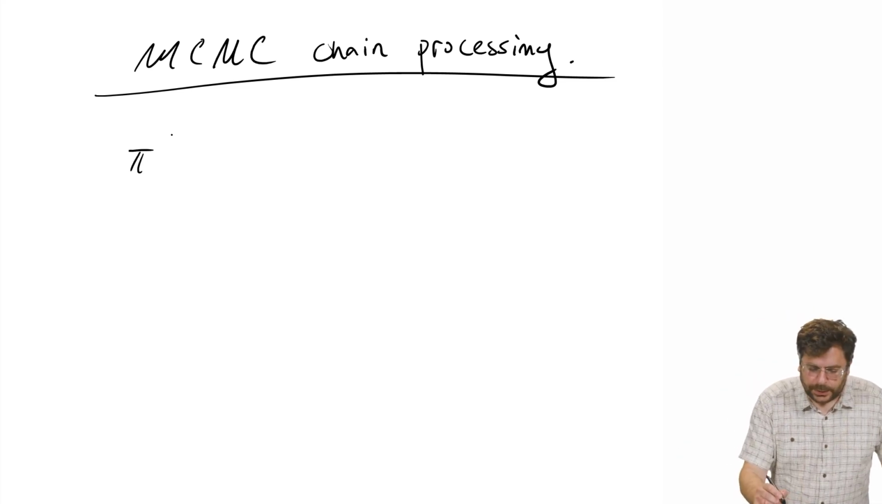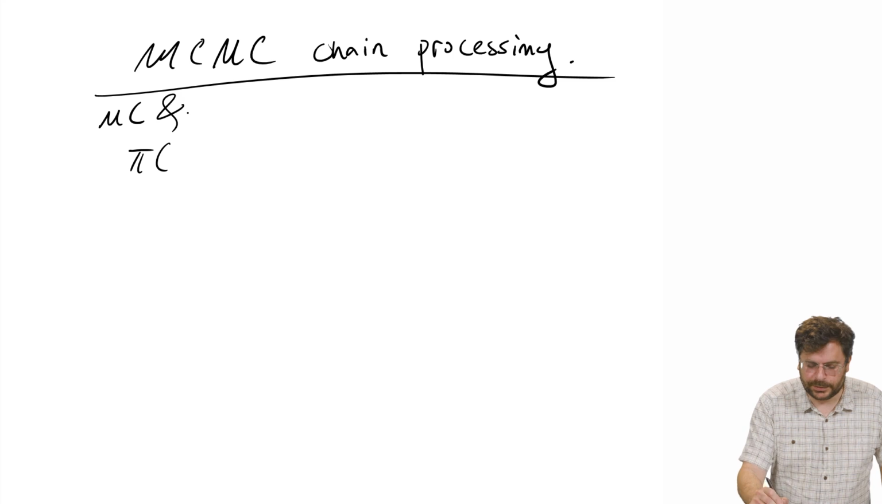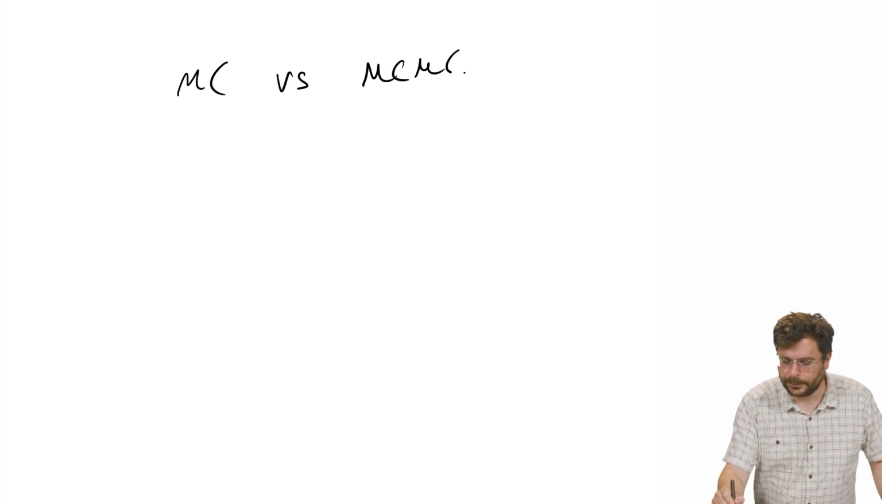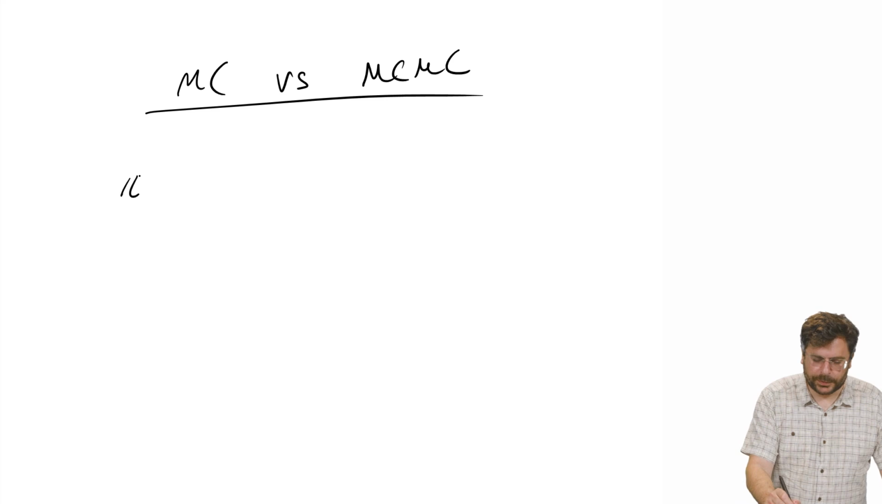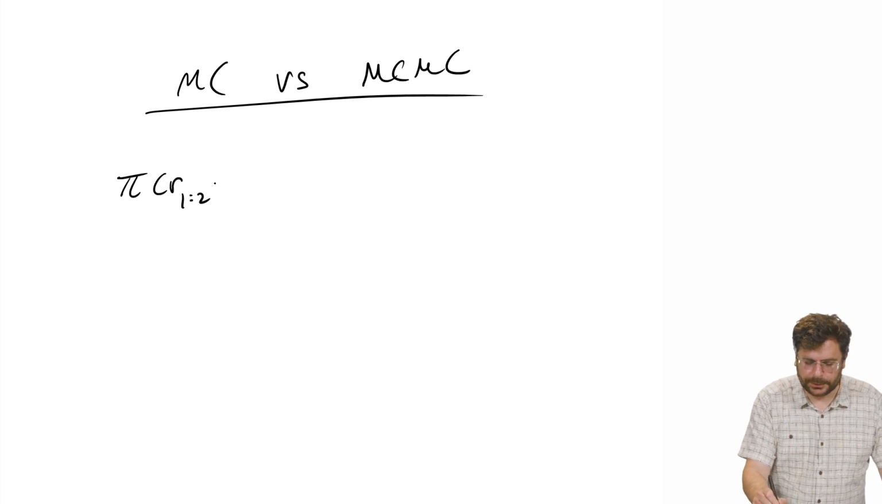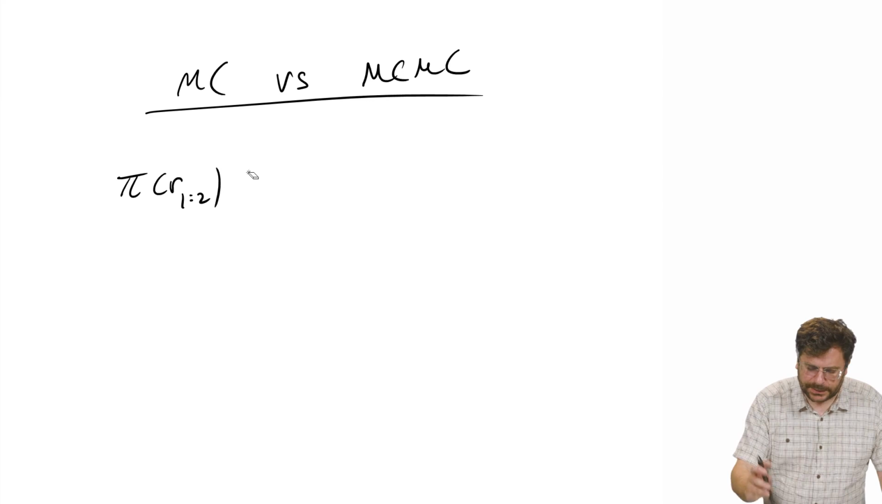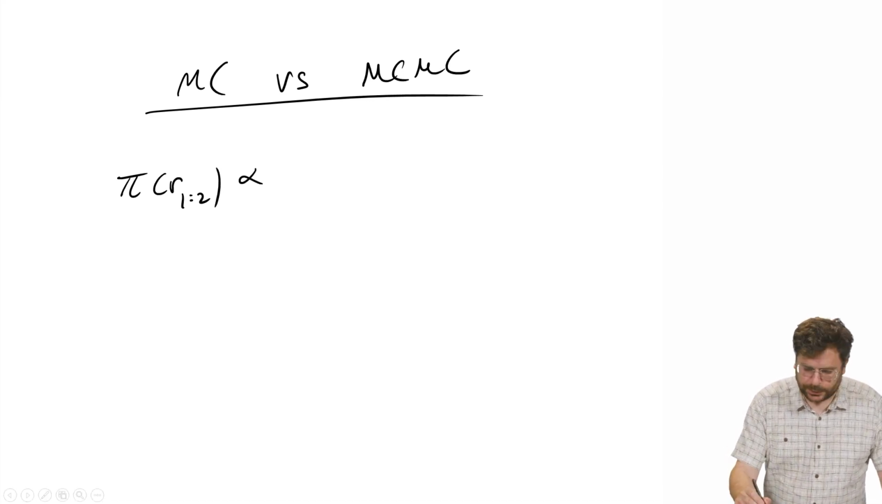So just again, as a demonstration, MC versus MCMC, just as a reminder. Suppose that I have a two-dimensional target, which depends on two variables. And I'm not going to write down the normalization constant, but it's going to be